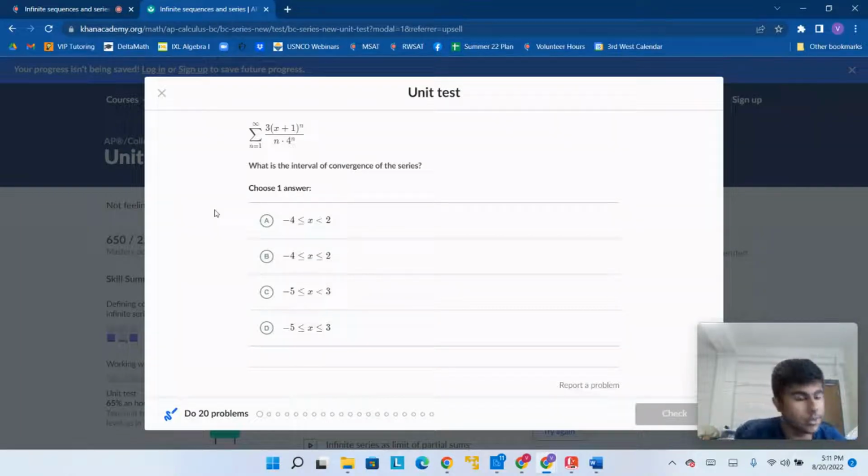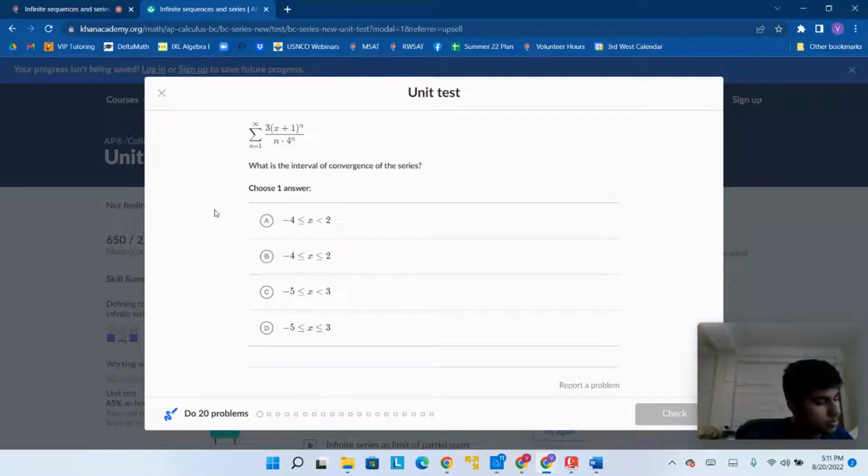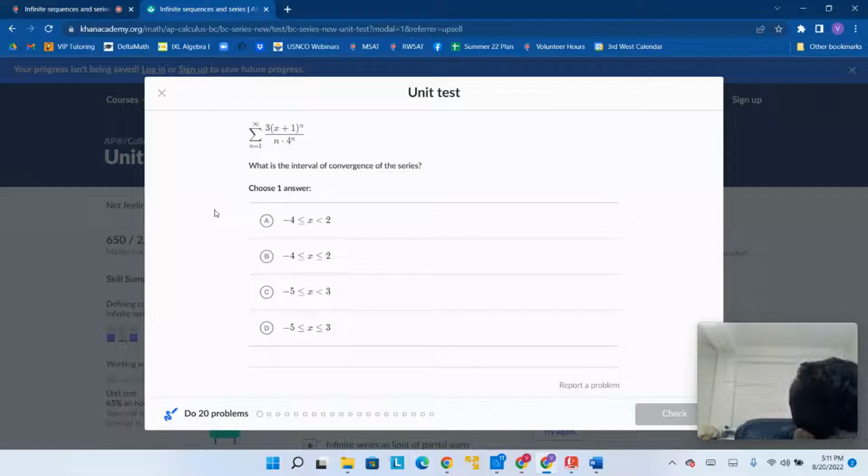Okay, so what do we know here? Well, we can write this as 3 over n times (x plus 1) over 4, to the n, like this. And this is how I've written it. We can write it like that. Now let's see. So we have x plus 1